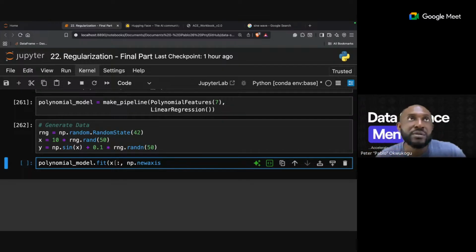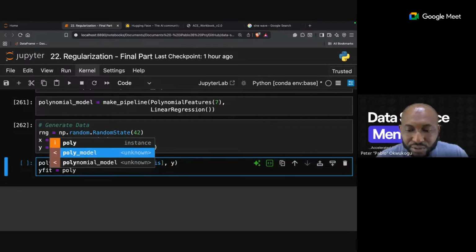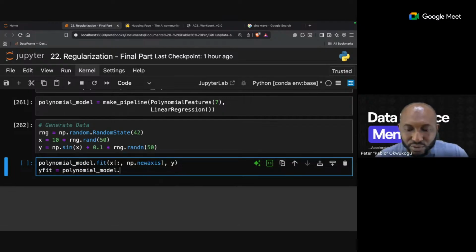Then on the other end will be our Y. Now I will come down here and say y_fit. This is us trying to do some predictions now. So with our polynomial model, do a prediction.